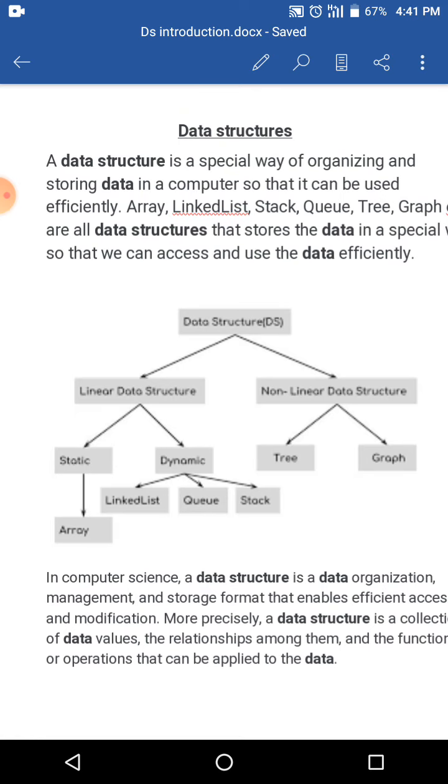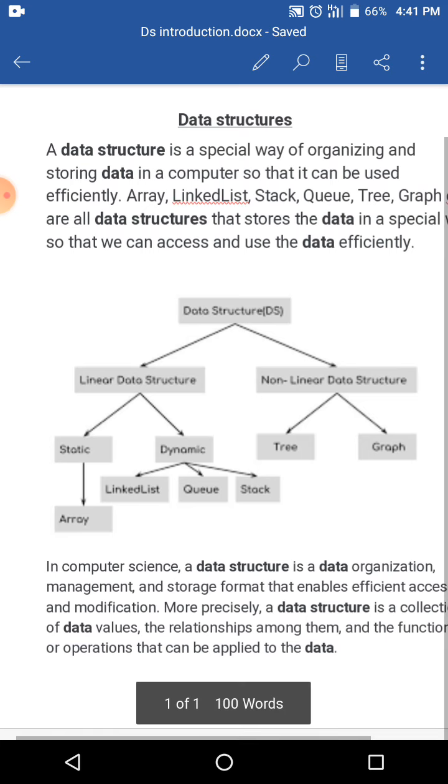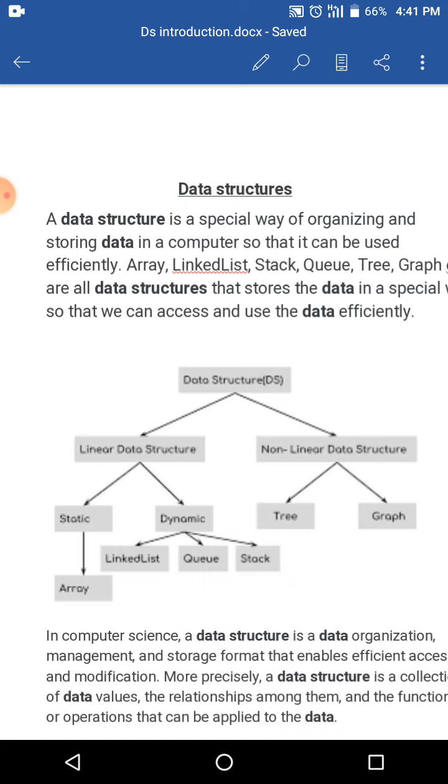We can say that in computer science, a data structure is a data organization and management format that stores data in a particular way. Okay, some data might be stored in a particular format. Arrays have a continuous location format. Linked, or dynamic memory allocation, nothing but our pointers, is different scattered information, even though we will be pointing to all the information. Okay, and next we can say that we can execute efficiently, and more precisely, a data structure is a collection of data values. Basically, by the data structures, whatever design we have stored in the memory, the basic thing is we have to store the data.